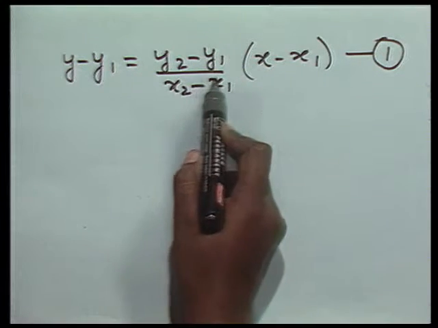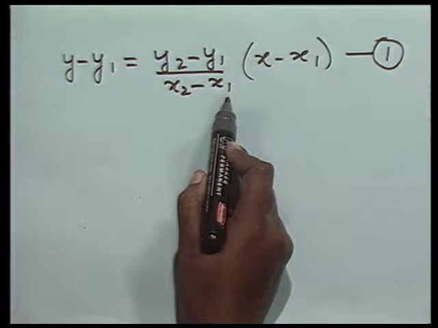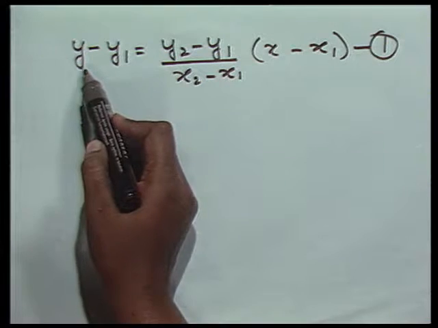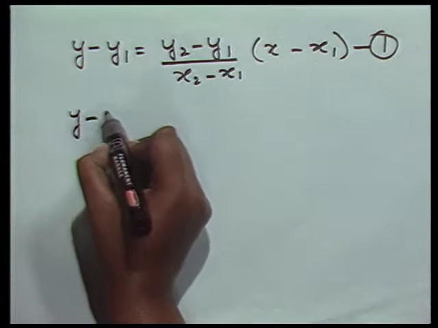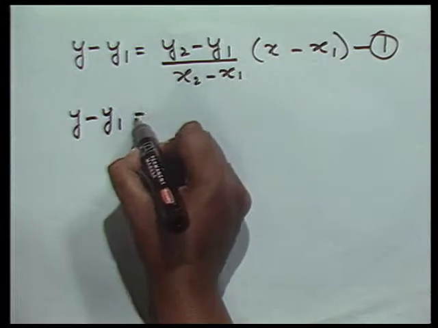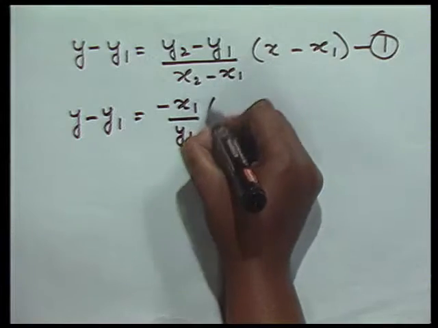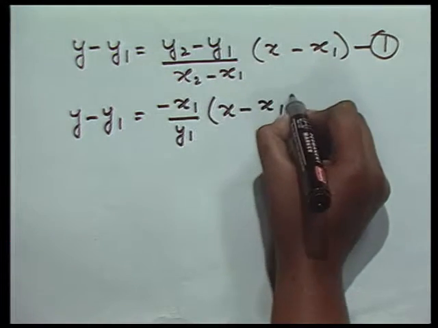y1. Now, substituting this value in equation number 1, that was the equation of the line PQ, that is y minus y1 is equal to y2 minus y1 upon x2 minus x1 into x minus x1. So, in the limiting case, this equation of line PQ becomes y minus y1 is equal to minus x1 upon y1 into x minus x1,